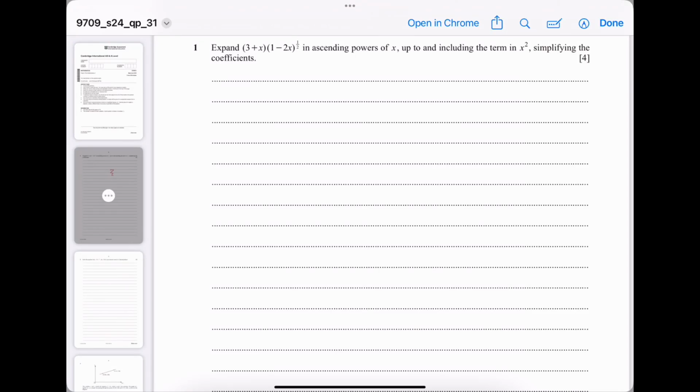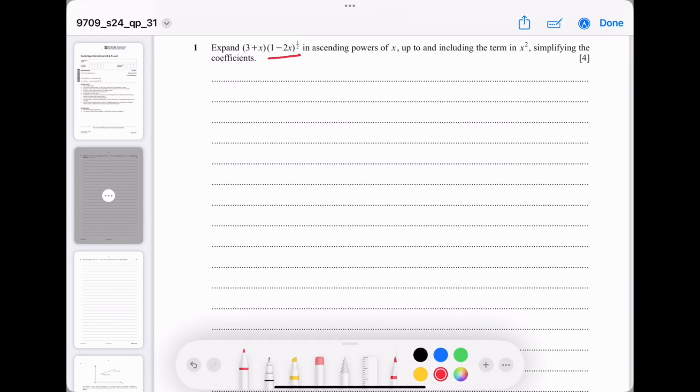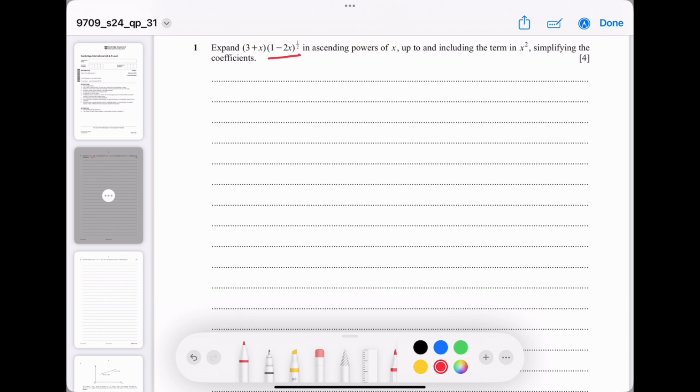So question 1, we're expanding these two terms, so we're going to focus on the one with the power first. You need to make sure that there is a 1 here for us to be able to use the expansion formula. So we're going to focus on this. And we get 1 plus 1/2 times, and remember our term here is negative 2x,